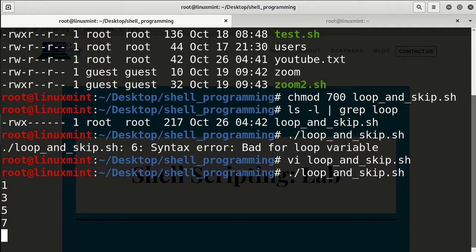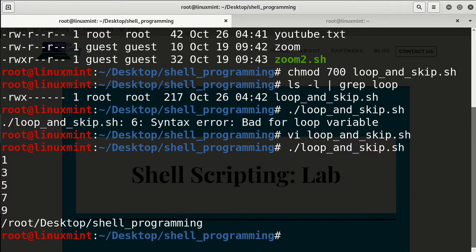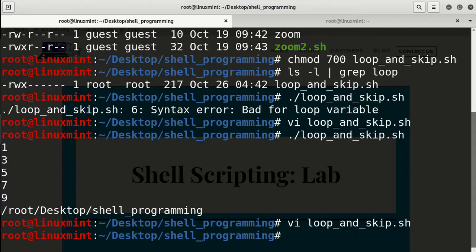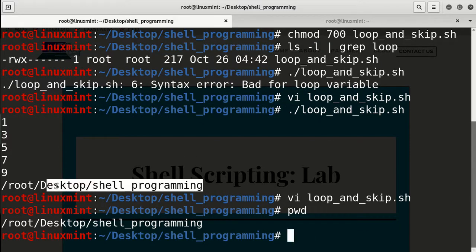So we'll just execute this, and now it's printing. Awesome. And now if we go back and see, we have this print working directory. It's a command that we can actually use on the command line, right? So you'll see that if we do this, it's giving us the same thing.